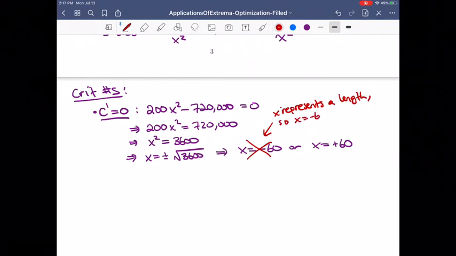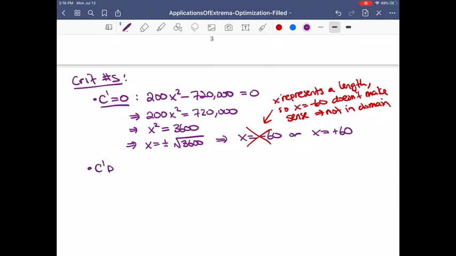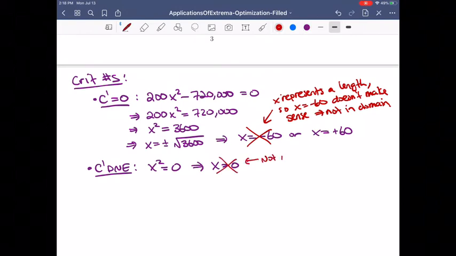Okay, so x equals minus 60 doesn't make sense, which means that it's not in the domain, which we already said was x bigger than 0. Now, when C prime doesn't exist, that's when the bottom is 0, so that's when x squared is 0, which means that's when x is 0. And again, this one you could keep, but I think it's not in the domain,